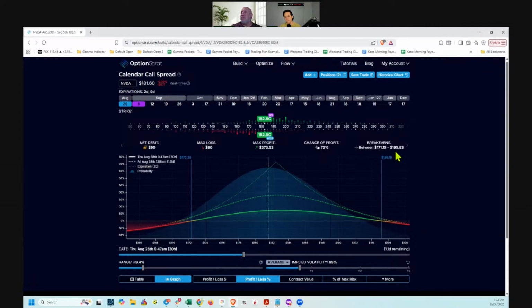Look at my break-evens. It's still right on top of, or maybe slightly better than, that Iron Condor that Nate showed us. And I still have a max loss of 90 and a max profit of 373. So that's a 400% possibility. So this calendar spread, if we stay within range, should make us a nice bit of money. Now, there's a couple of possibilities. What if it goes down? If it stays here, or